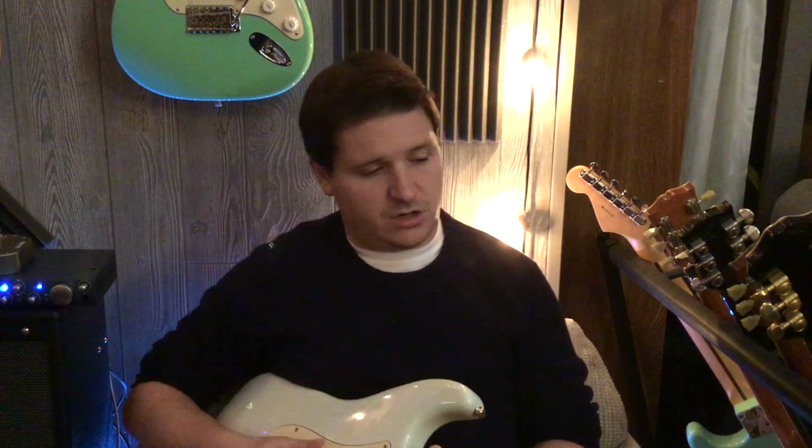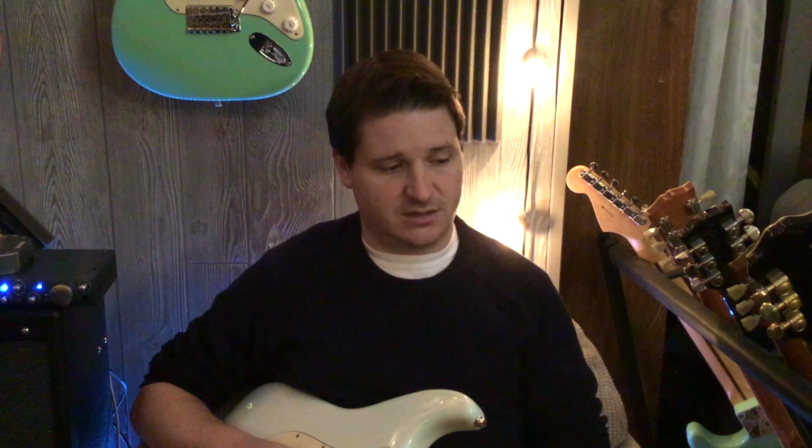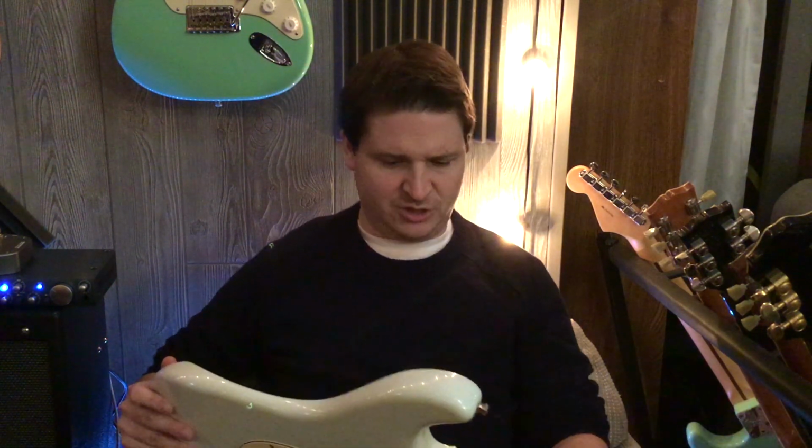So we are going to start with one of the most classic guitars ever, and specifically with its neck tone, the Fender Stratocaster. Absolutely known for one of the best neck tones ever. It's clear, it cuts, but it's very bell-like, and it actually has a really wide kind of frequency response. It has really great bass and it has really great treble, but the bass stays kind of nice and tight